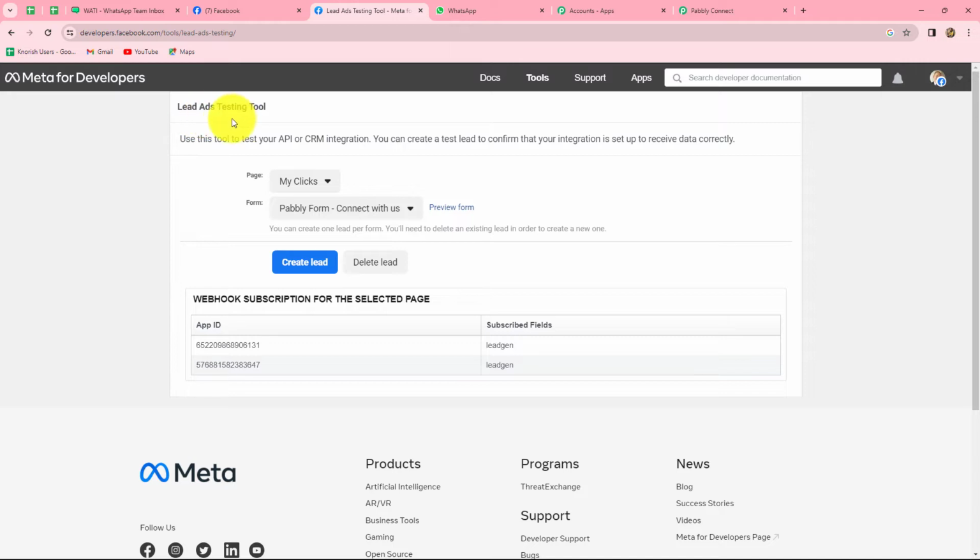Okay, so why am I using this testing tool? Therefore, I could not send the data of a real lead towards Pabbly Connect. And for that, I am using this lead ads testing tool to test my integration. But in your case, when you create your lead gen form after running a live campaign for your business, automatically